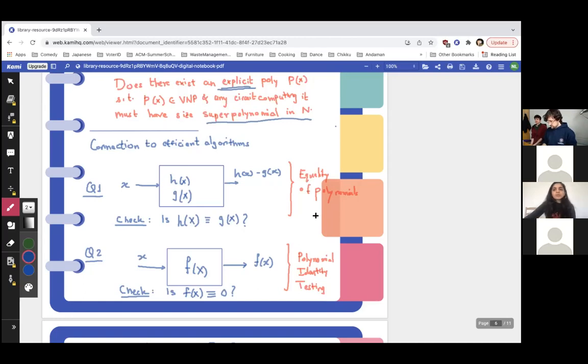The next point I would like to make is, I already presented what VP-VNP is. What I would like to say is that these questions about lower bounds, which are about VP and VNP, or any other lower bound questions, typically have close connections to algorithmic questions as well. And a specific algorithmic question that I'm thinking about is